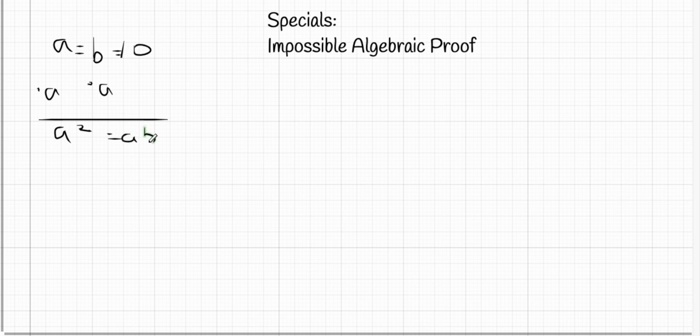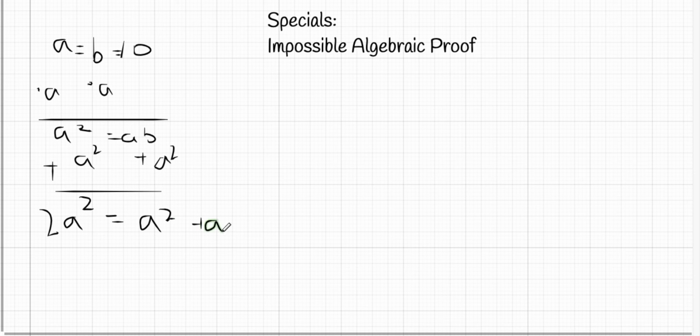What next? Well, we can add a squared to both sides, again not violating any properties of equality. We get 2a squared is equal to a squared plus ab. One last thing, let's subtract 2ab from both sides. This just looks like we're randomly doing stuff to this equation, but actually it's going to come useful later on